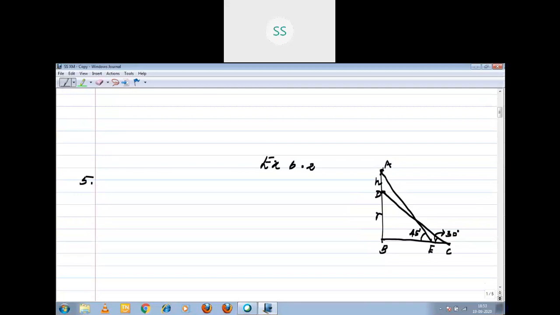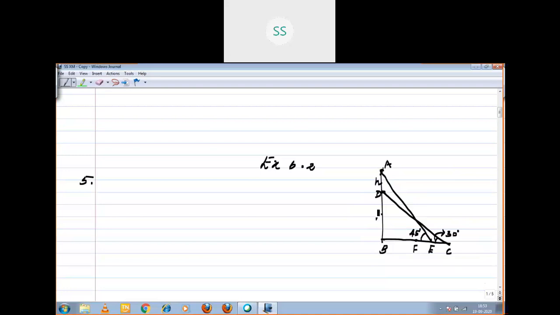In the diagram, the flagpole of height H meter is on the top of the hemispherical dome of radius R. Here your dome is BD, the radius is BD. Got it? Now, seeing the top of the pole, a man is standing 7 meter away from the dome. So this point is the end point of the dome. You should label it the end point of the dome.